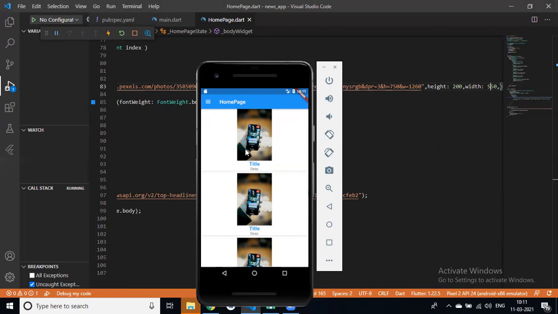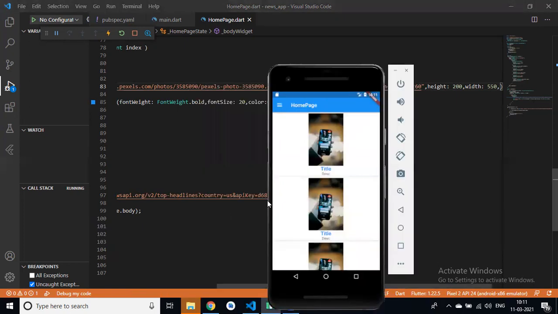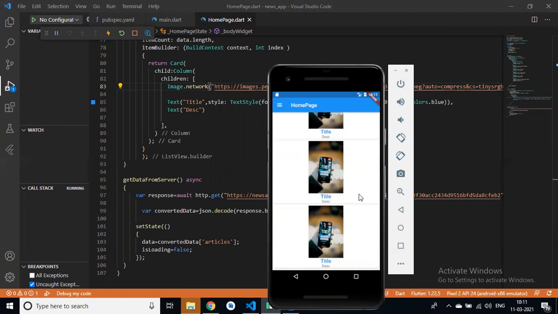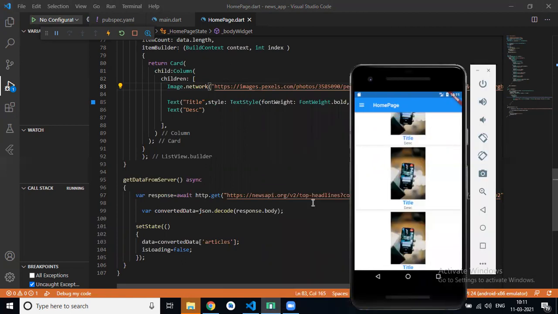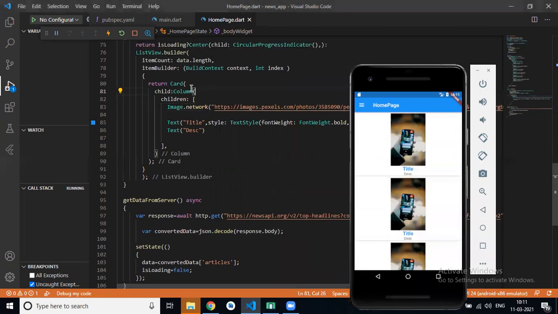Okay, so we have used our card widget, right? Now you can see some borders between our card. Can you see this? Yes, Roshan, we can see. Because we have wrapped our column inside the card widget, right? In the card widget we have